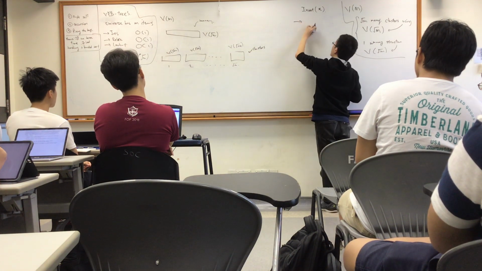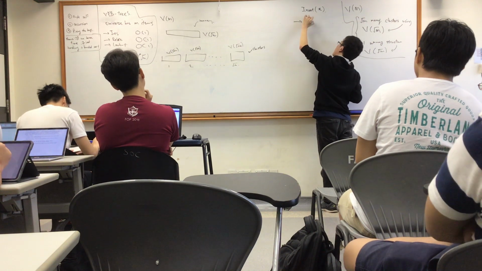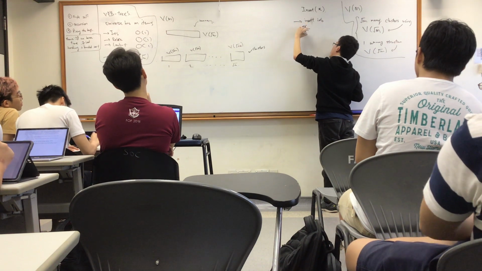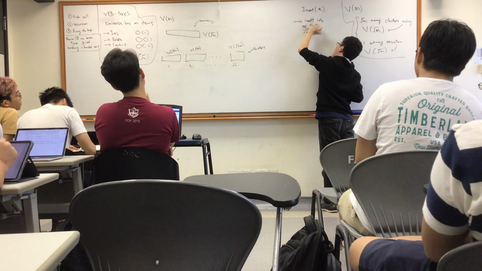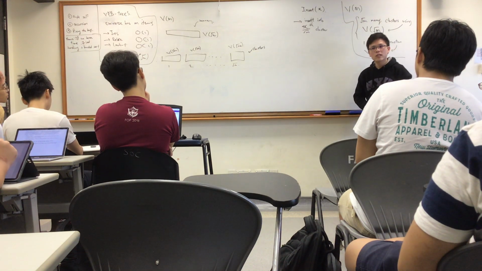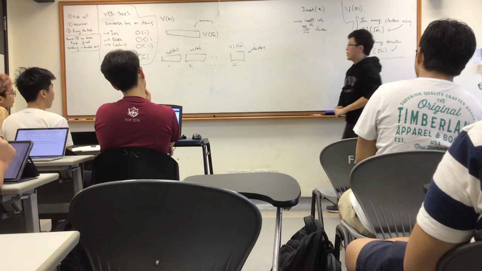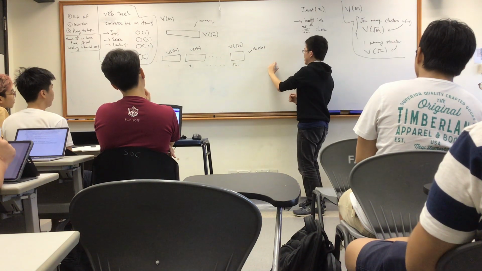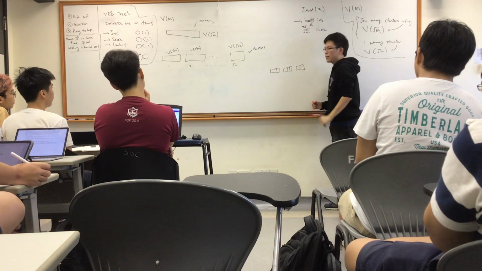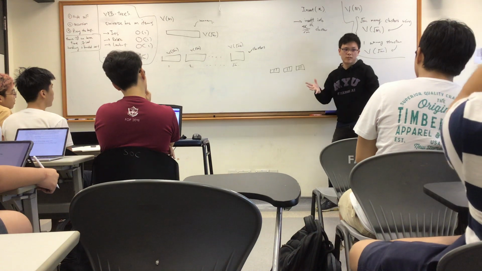So what I'm going to do is insert into X divided by root M's cluster. But there's a small caveat. I don't really insert X. What should I actually be inserting? Let me do it in a slightly easier way. Let's say my clusters right now are all size 3, and I want to insert item number 5. Which cluster do I pick? How do I tell which cluster I pick?